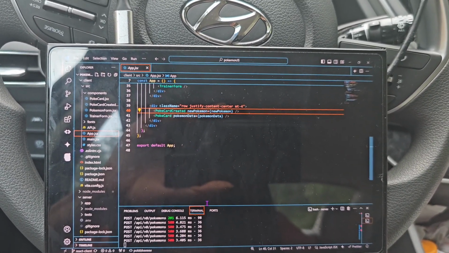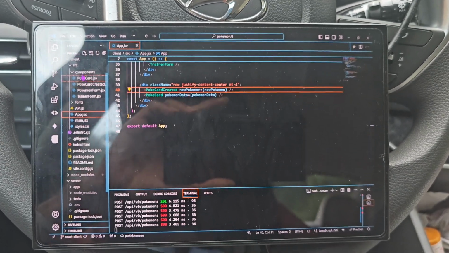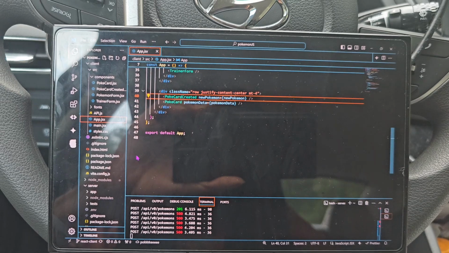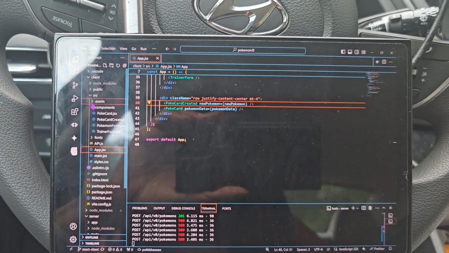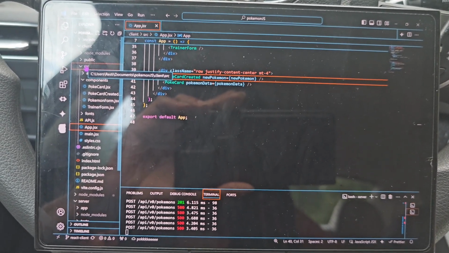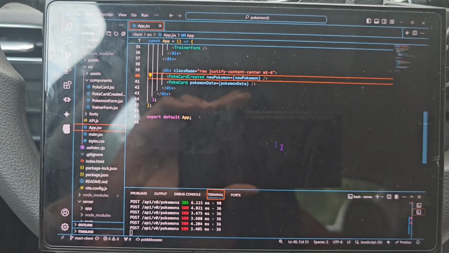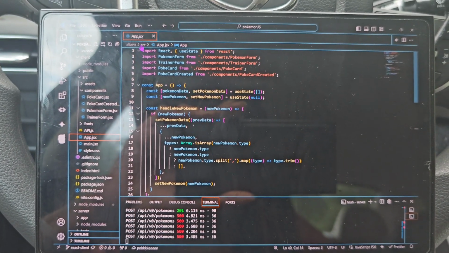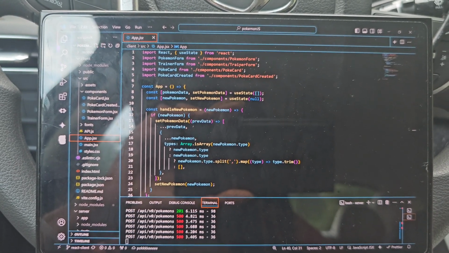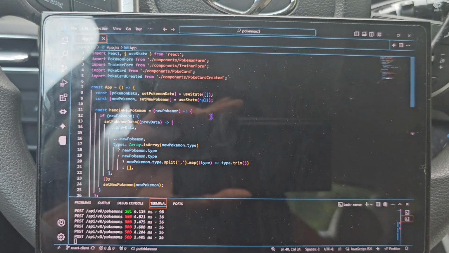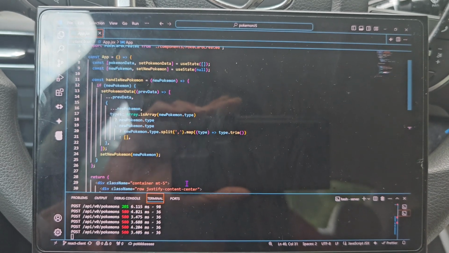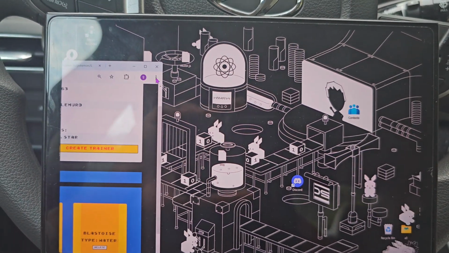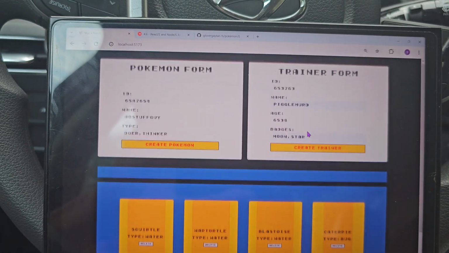You can check to make sure that they are being created and deleted. That is up to you, but they are both working for the creation and deletion and the get all. For right now, we just have the get all grabbing 10, so it doesn't render 151 cards on the screen. As far as the app goes,